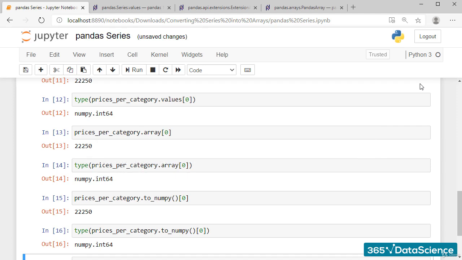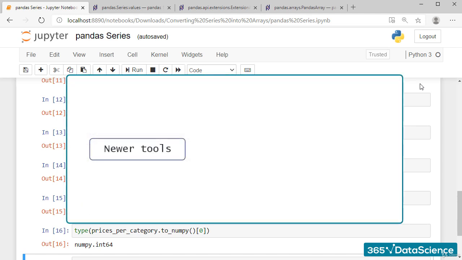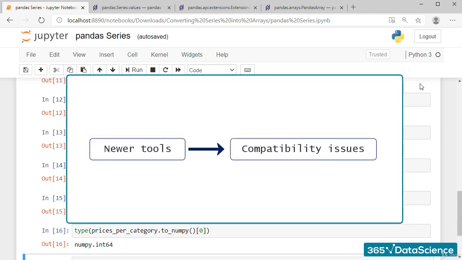So, what we are left with are the advanced capabilities of the pandas array, or the classical NumPy array, since we always strive for consistency, as suggested by the documentation. We are supposed to start using, or as you might also hear it, to migrate towards the newer tools. This way, we can solve compatibility issues that programmers have encountered in the past. To sum it up,